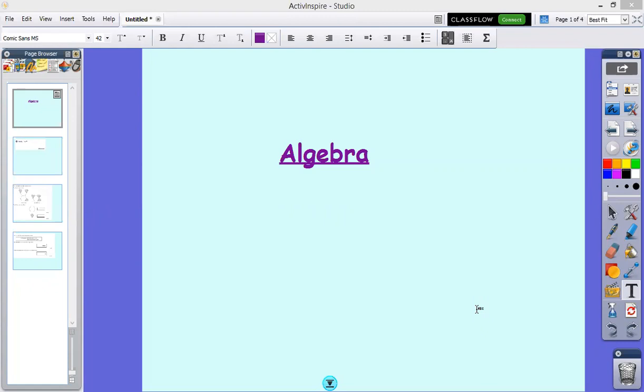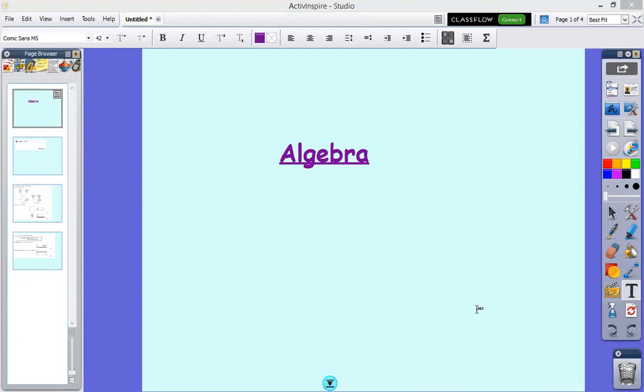Today I'm going to go through a few little questions here that sometimes we find quite tough, but they're actually really quite simple when we go through it. But at the beginning, I'm just going to go through what algebra is. Algebra is basically where you replace numbers by using either letters or shapes or anything else like that. It could be anything that replaces a number, and you've got to work out what that shape or